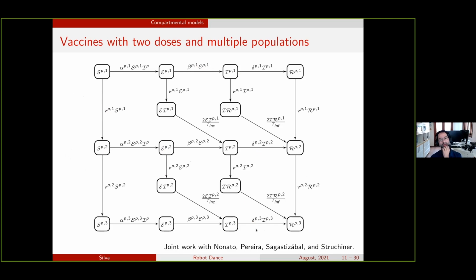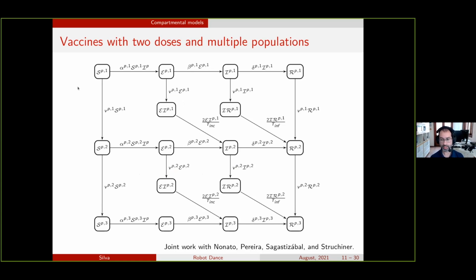And once you do this and you write the correct equations, you can actually use those number of vaccinations as control variables so that you decide who, because we don't have a single population here. We have divided the population in age groups. So you have to decide which age group is going to be vaccinated in the next day, and how many first doses we're going to give to that group, how many second doses we're going to give to that group.